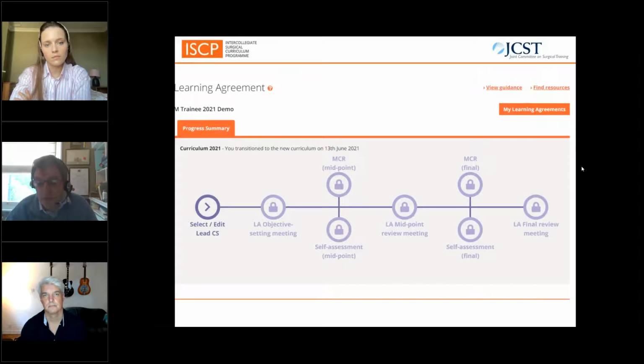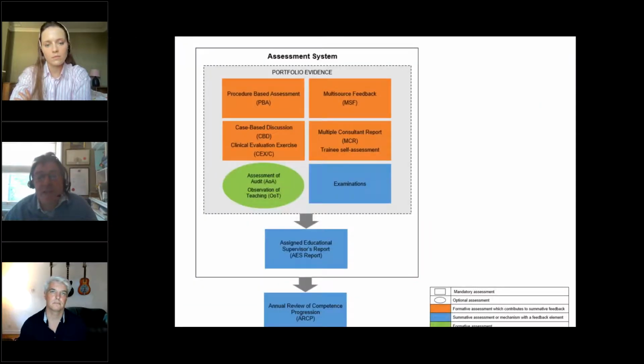And if you have got saved copies of those, you can take those and show them face to face with your educational supervisor, much in the way that the ISCP will do for you in the future. The assessment system, I just wanted to highlight this because it still has the procedure-based assessments and the case-based discussions,